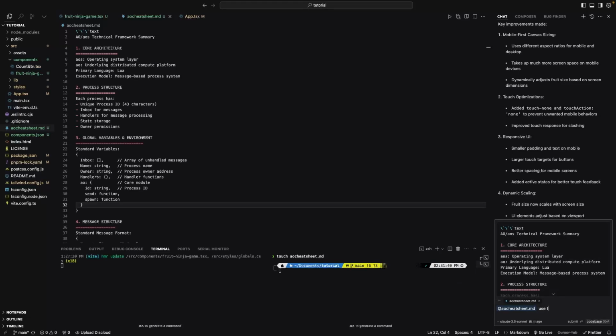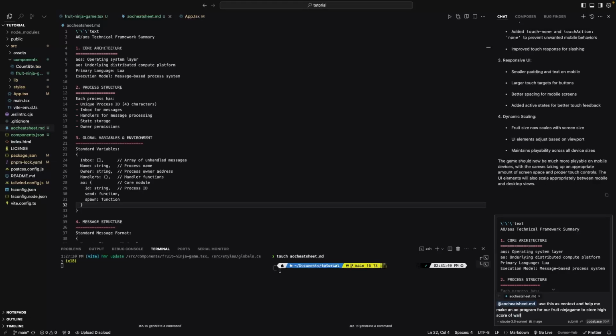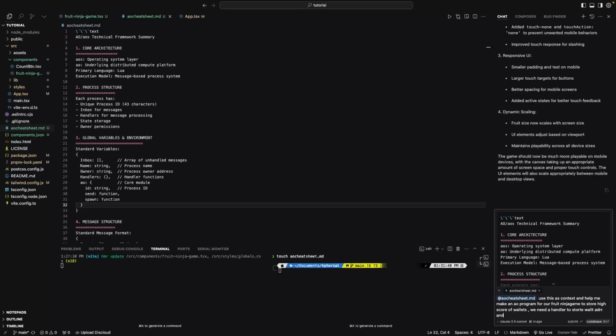So tell it: use this as context, and tell me I need a contract for an AO program for our Fruit Ninja team to store high scores of wallets. We need a handler to store wallet address and score. I also need to specify that just in case